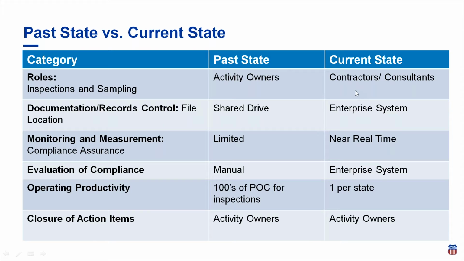Operating productivity. This one is a big win for the field folks at UP. Past state, with the activity owners, we had hundreds of points of contact for these inspections. So if they had a question or needed to get something shored up, they were having to call multiple people. And now the way that we actually issued the RFP, we have one project manager per state. So all they got to do is call one person to get the answer that they're looking